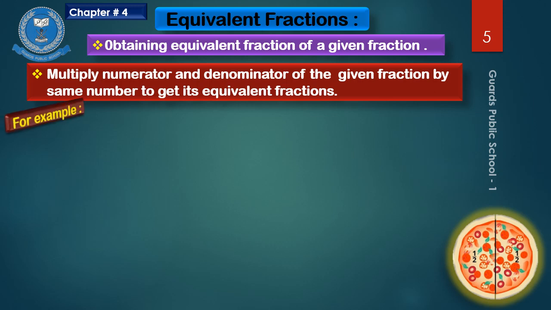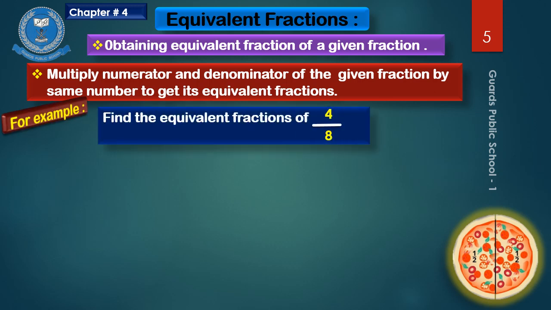For example, find the equivalent fraction of 4/8. First, we multiply numerator 4 and denominator 8 by the same factor, that is 2. We start with the smallest number 2. 4 2s are 8 and 8 2s are 16. In this way, we get our first equivalent fraction,